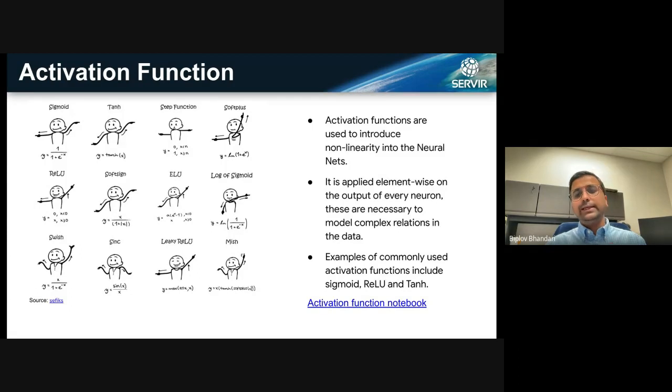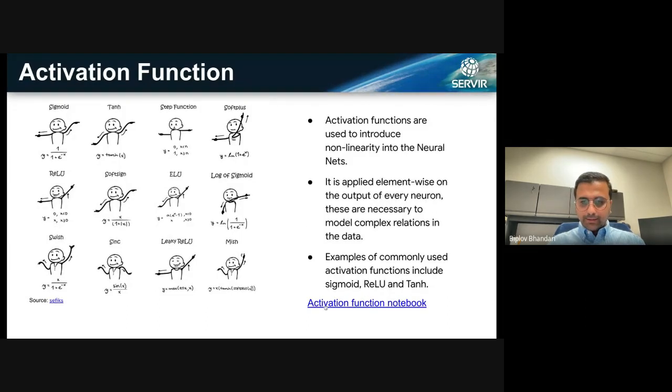Some of the commonly used activation functions are sigmoid functions. You'd use a sigmoid function normally in binary classification because it gives you an output between 0 and 1, and you could interpret that as a probability associated with your output class. Or you could have a simple ReLU function, where you're just trying to preserve positive values in your neural nets. If it encounters anything less than 0, it will assign that to 0, and if it encounters anything greater than 0, it will assign it to whatever value that is.